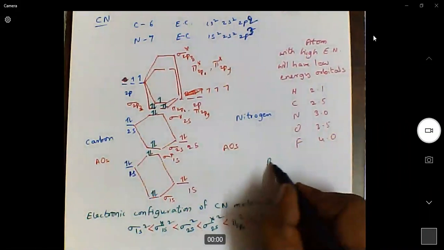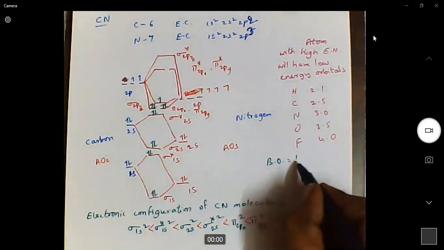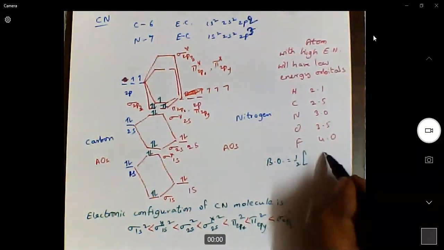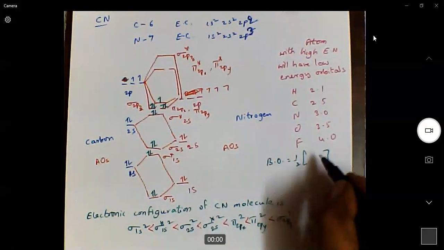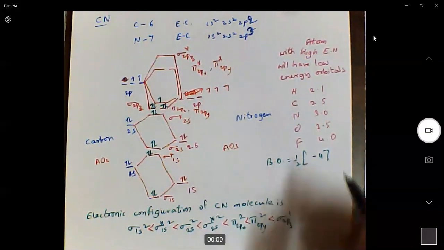Bond order is half of the number of electrons in bonding orbitals minus the number of electrons in anti-bonding orbitals. One simple thing to note is that orbitals with a star mark are anti-bonding orbitals. So here we have only 2 orbitals filled with 4 electrons. So out of the 6 plus 7, 13 electrons, only 4 electrons are in anti-bonding orbitals, and the remaining 9 electrons are in bonding orbitals.